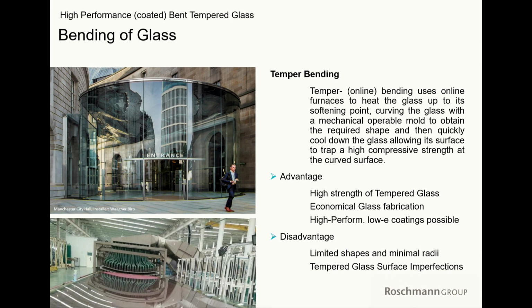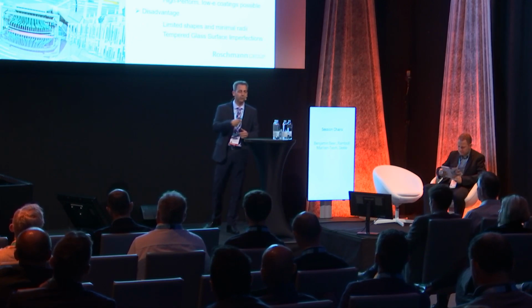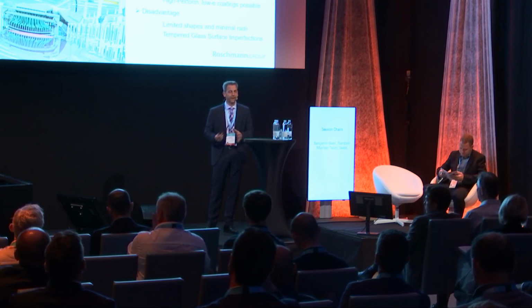So the temper bending is following the same principle, however, it tempers the glass at the same time. So what comes out is a tempered glass rather than an annealed glass, which has advantages in terms of having higher stresses or higher surface compression in the glass, which works more on the economical side of glass fabrication, because the process of temper bending uses just a fraction of the time of the conventional